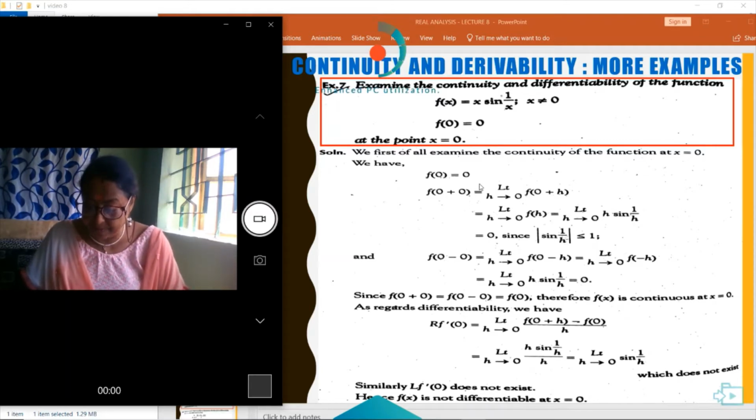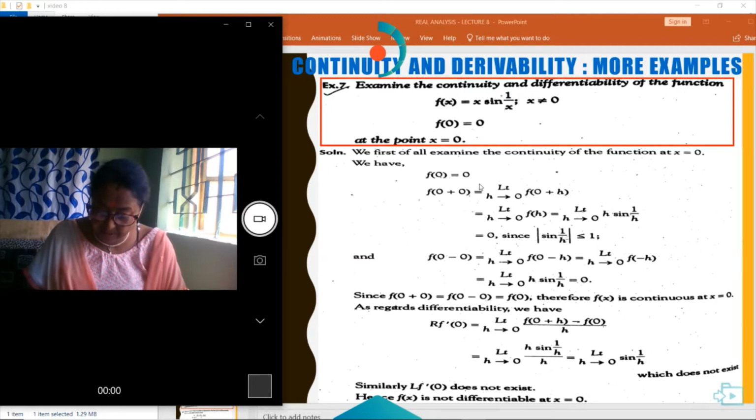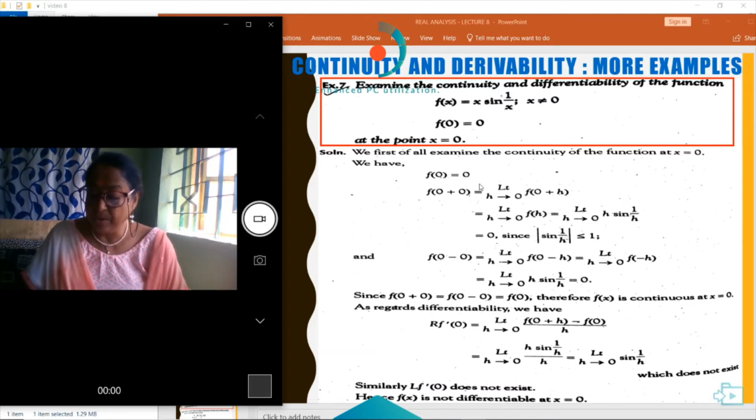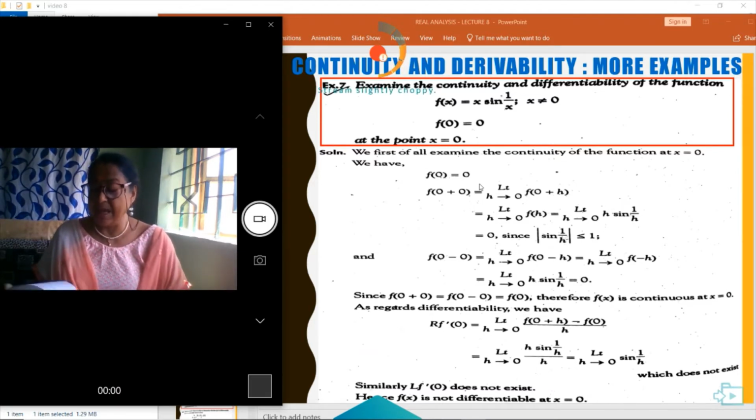Now, to prove the differentiability of the function, we put the formula for differentiability. Right hand differentiability is written as (f(0+h) - f(0))/h, which after putting the values gives sin(1/h), which oscillates between -1 and +1. Similarly, the left hand limit does not exist. So it is not differentiable at the point x equal to 0,